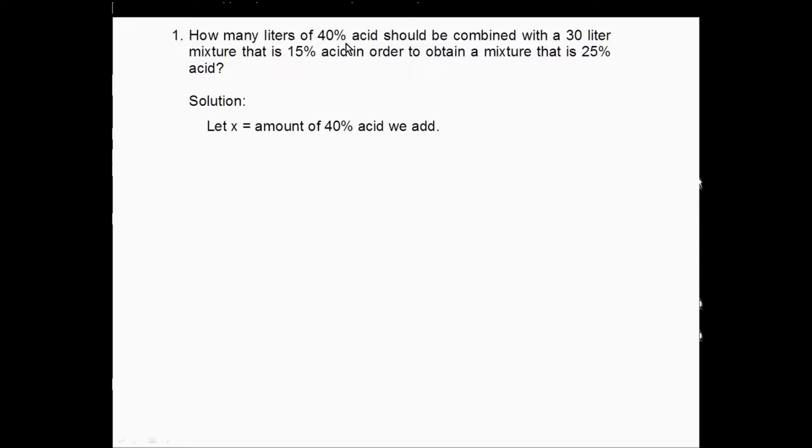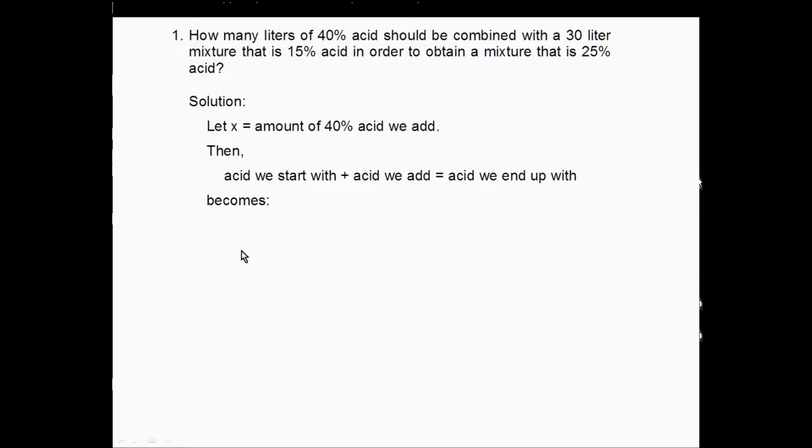So how many liters of 40% acid should be combined with a 30-liter mixture that is 15% acid in order to obtain a mixture that is 25% acid? Now the equation: acid we start with plus acid we add equals the acid we end up with. We're starting with a 30-liter mixture that is 15% acid, so I'm going to have 0.15 times 30. Remember, it's a percent times the volume, plus the acid we add, 0.4 times X. The acid we end up with will be 0.25, 25%, times